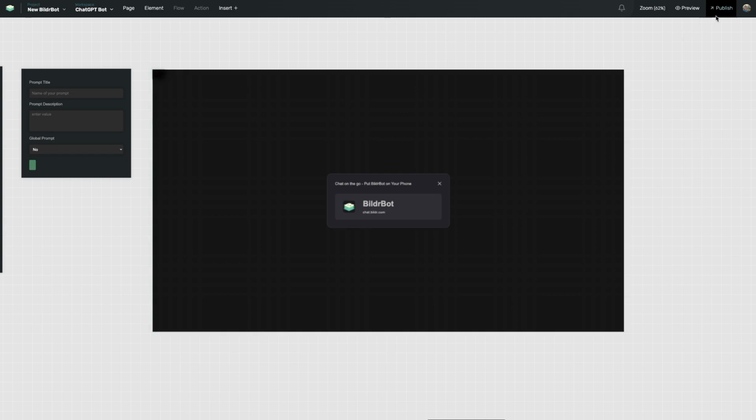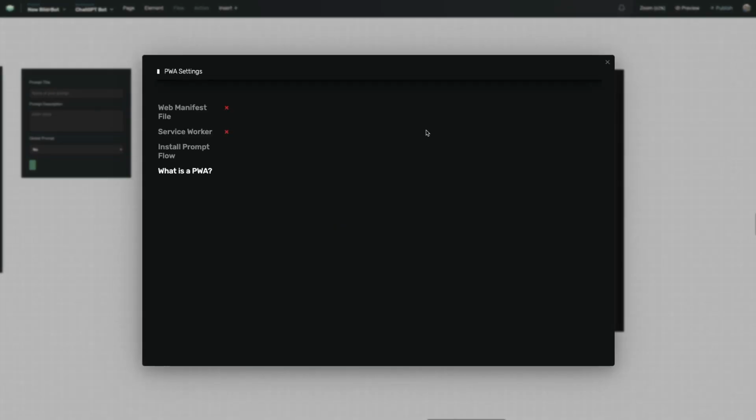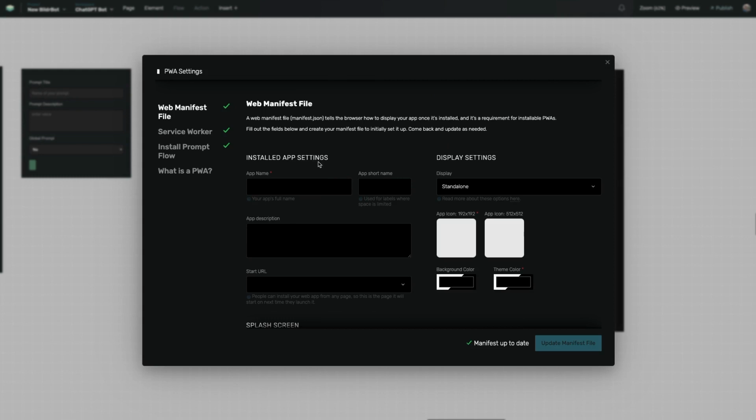First of all, to set up your progressive web app in a new project, all you have to do is go to Publish, and then you'll see Set up Progressive Web App right here. If we click that, we're going to pull up this screen right here. Now, one thing I can tell you is because we're copying a clone of a template, this initial info is not populating in these menu screens, but the reason that you see these check marks is because they are already